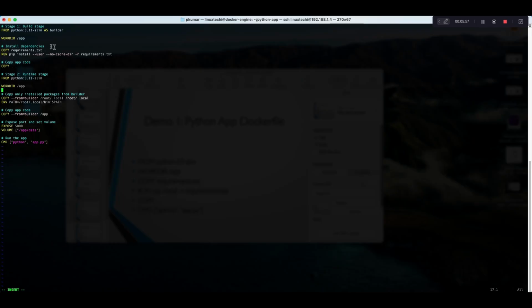Alright, if you can see, I'm defining the first stage as the build stage. In the build stage, I am pulling this image as a builder. I'm setting the work directory as /app, installing the dependencies using the requirements.txt file, and running pip install. After that, I am copying the app code to this app folder, and then I'm starting my second stage,